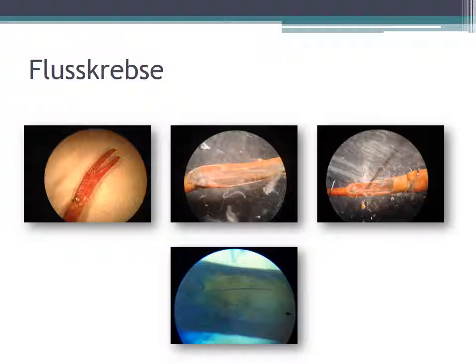For the crayfish preparation, we used the leg and prepared it to look at the opener muscle, because we wanted to look at the potentials in there. In the second picture is the nerve that we took to stimulate it, and in the third picture you can see the preparation of the opener muscle, which is a V-shaped muscle. In the last picture, we stained it with methylene blue, and you can see the two branches of the nerve going into the opener muscle, and the V-shaped muscle down there.